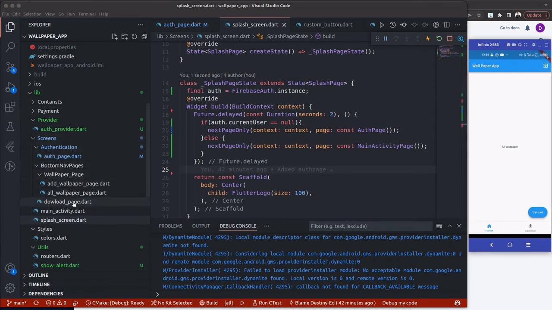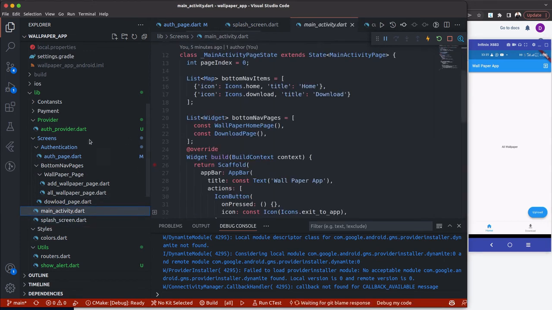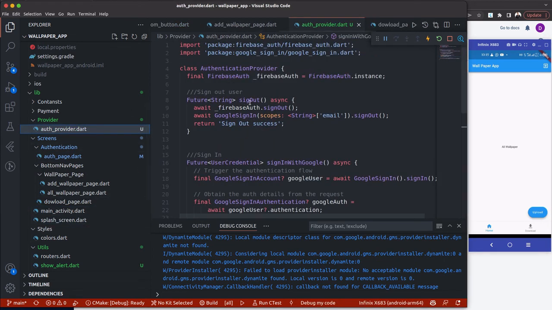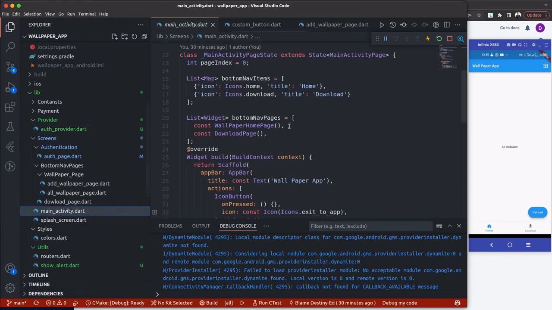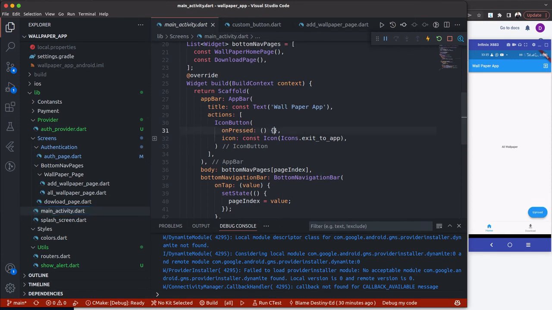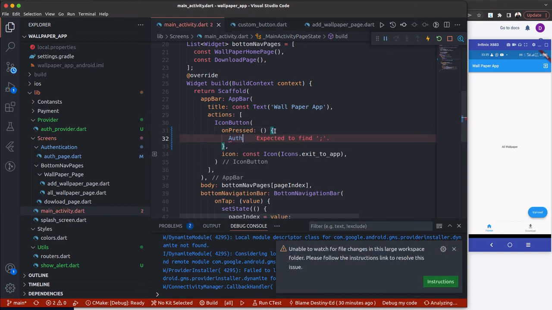So what we need to do is go over to our main activity page. Remember this auth provider, we already created a sign out method. So we need to go to this auth main activity. Right here, I'm just going to create a simple flow to sign out the user. So what I'm going to do in this case is call the authentication provider dot sign out